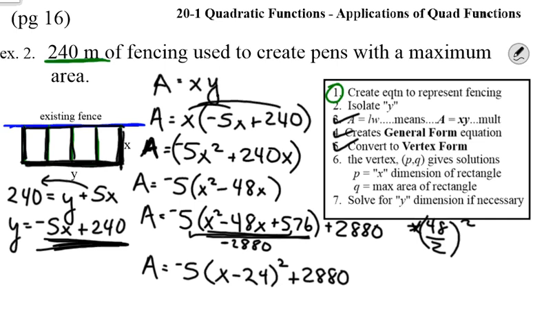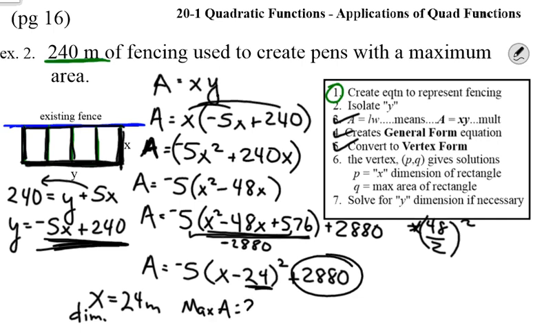Here we go for this area question. What do we now have? Well, our p-value gives us our x dimension, which is 24 meters. Our q value is actually the maximum area. Maximum area is 2,880. So in this case, we now have a fence length of 24, 24, 24,